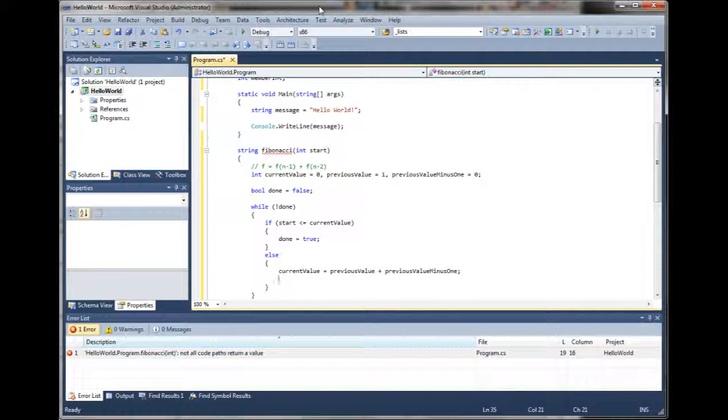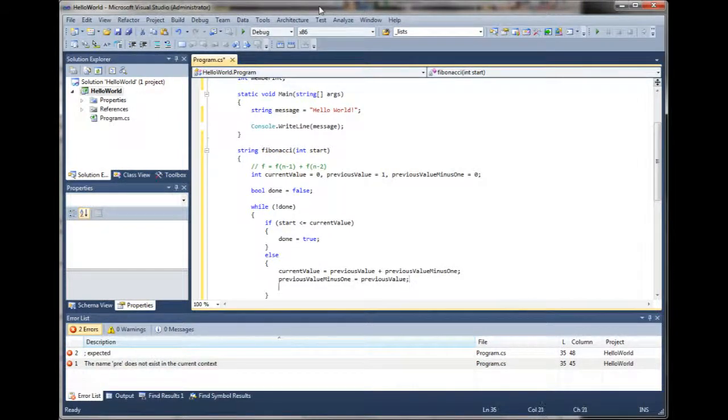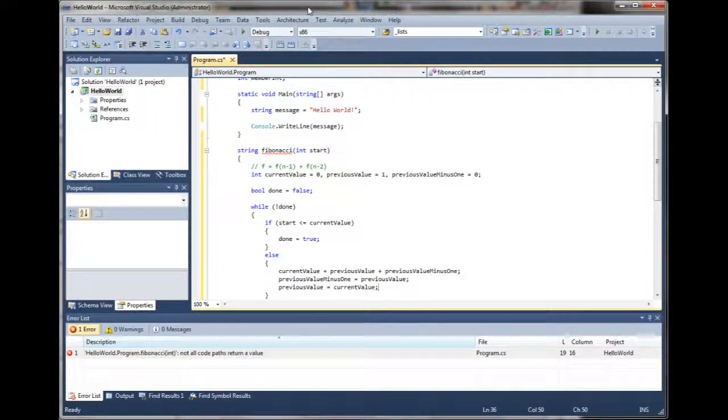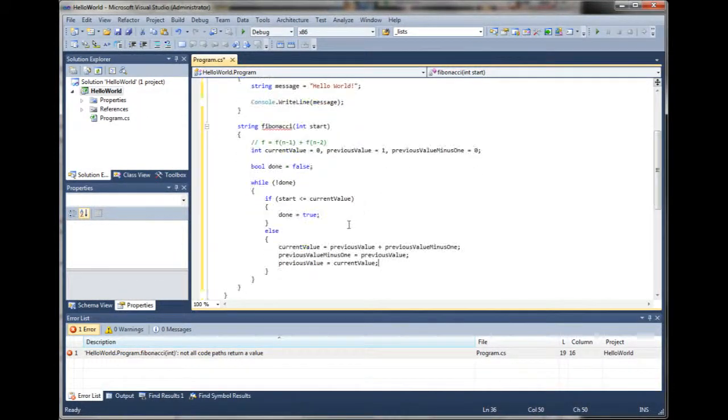So we're going to set previous value minus 1 equal to previous value, right? And then we're going to set previous value equal to current value. Okay, that means next time we come back through the loop, these values will be set properly. So basically what we've done here is we've made this nice little conditional logic, a while loop, and what